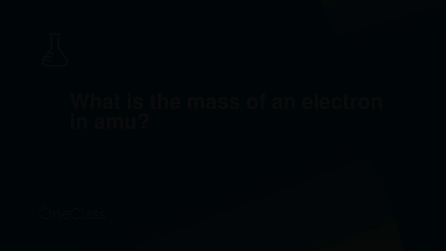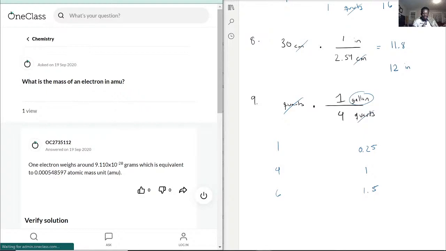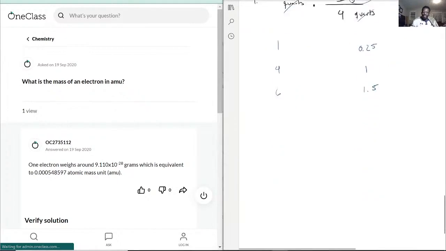Last wrapping question for tonight. What is the mass of an electron in atomic mass units? Now, funny enough, this is also a conversion question. Ta-da! So, question 10,